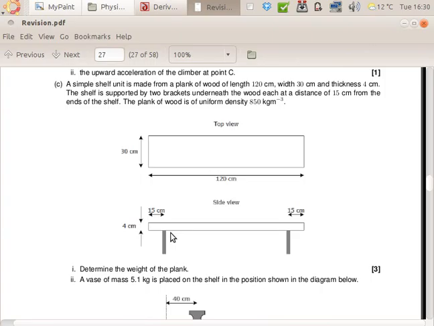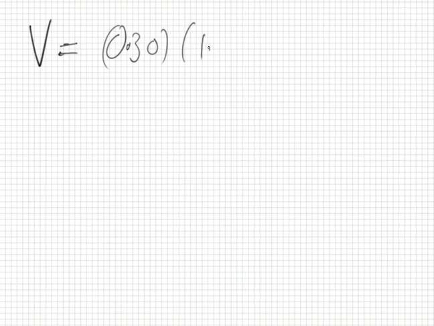Got those three? Okay. Do you have those? It's 30, 120 and 4. So 30 is the first, is that what I said? 120, and 4 centimeters. Okay, so what's the volume there? It will be